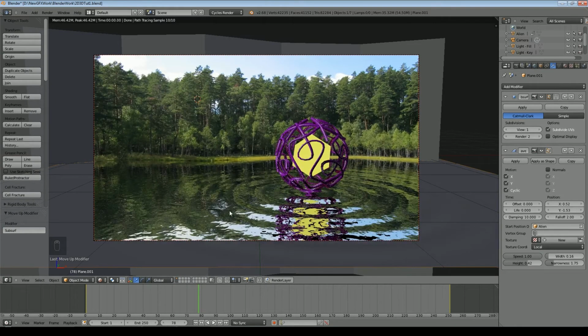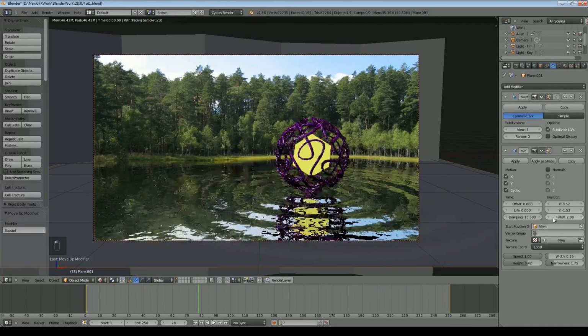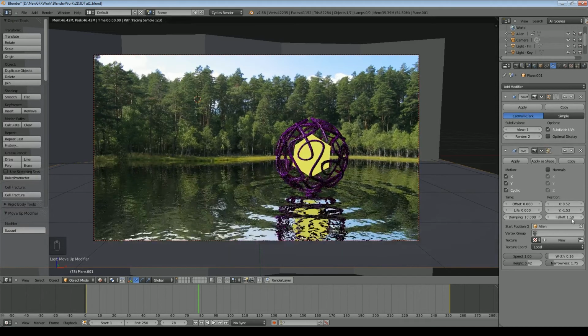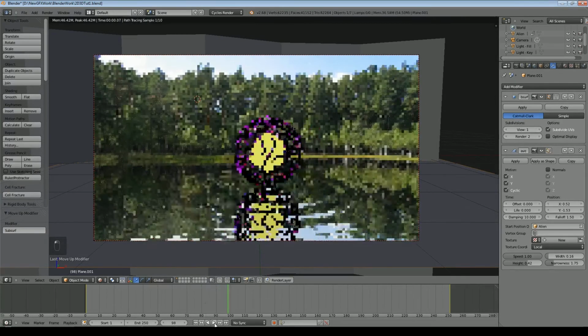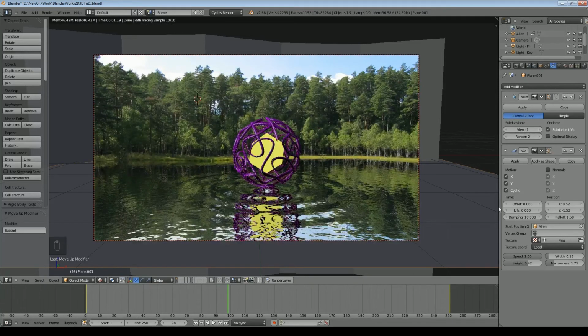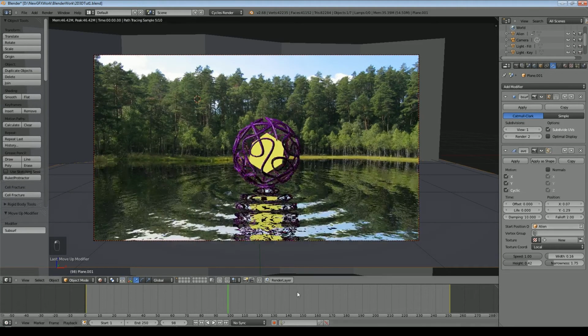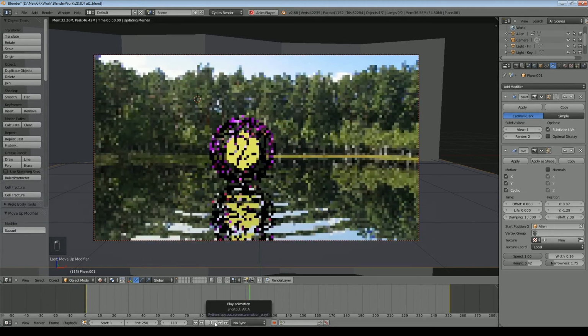The fall off is the period over which the waves reduce in height, over which they disappear. So if you have 0, then it's obviously no fall off. If you have a number, then that is the number of Blender units over which the waves will disappear. So the fall off will be more rapid, they will disappear more quickly, until you get to 0, when all of a sudden they'll fill the pool. Just one of those funnies of Blender. So I think perhaps let's try 1.5. That's about similar to probably what I had on the other one. You might want it a bit bigger, perhaps, just to simulate the ripples running away into the distance.